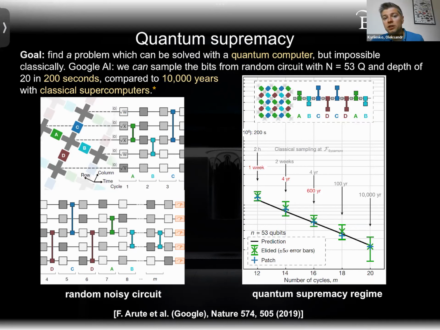So 200 seconds versus 10,000 years, and 200 seconds versus a few hours. The separation certainly shrank a lot, simply because of better classical solutions. They used tensor networks to do efficient tensor contraction and sampling. But if you are applying it to the financial industry, and you need to do some sampling that is